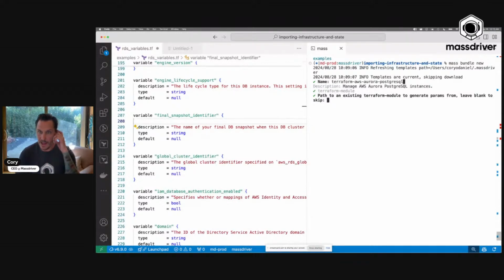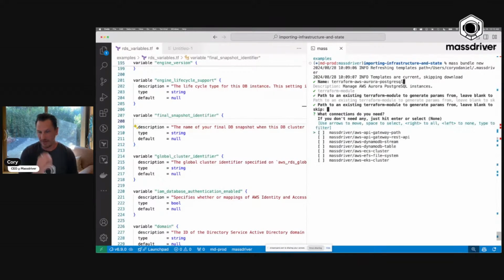So I'm not going to import a module per se here, so I'm just going to go ahead and skip this. And then this last part is it's asking about connections. So one of the cool things that Massdriver does is it works across all infrastructure as code tools. And as a part of this, if you're familiar with Terraform or OpenTofu, there's this concept of a remote state where you can kind of pull remote state from other resources. In Massdriver, we have that same concept. We call them artifacts, and they work